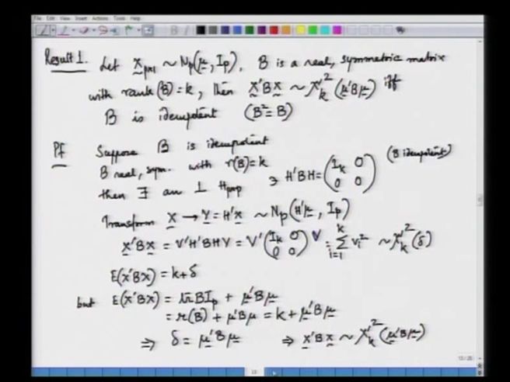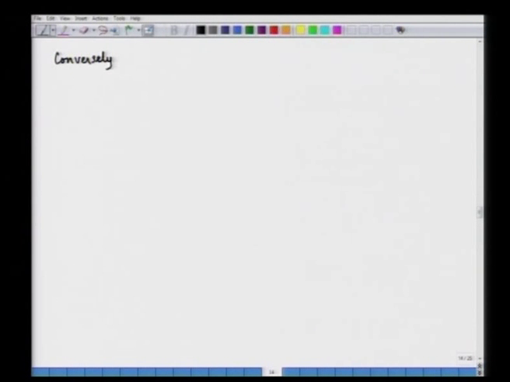We go to the next part, the converse of the proof. That is, we assume conversely that X transpose B X is now following a non-central chi-square with non-centrality parameter delta. Because we have been given in the earlier setup that B is real symmetric with rank of B equal to k, we have rank of B equal to k, but here we do not have the idempotency of B, we have to establish that. So, in this situation, let H be an orthogonal matrix